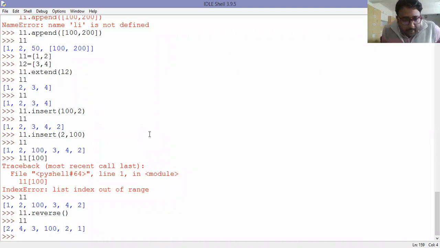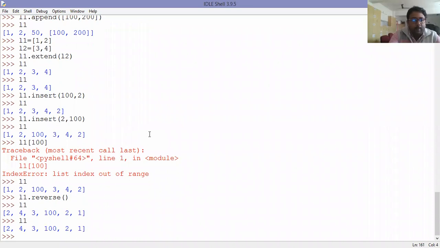Then the next function is index. The index function in Python returns the index of the first matched item from the list. We can understand with the help of an example. In list L1, if I want to find the index value of 4, I can do L1 dot index 4.